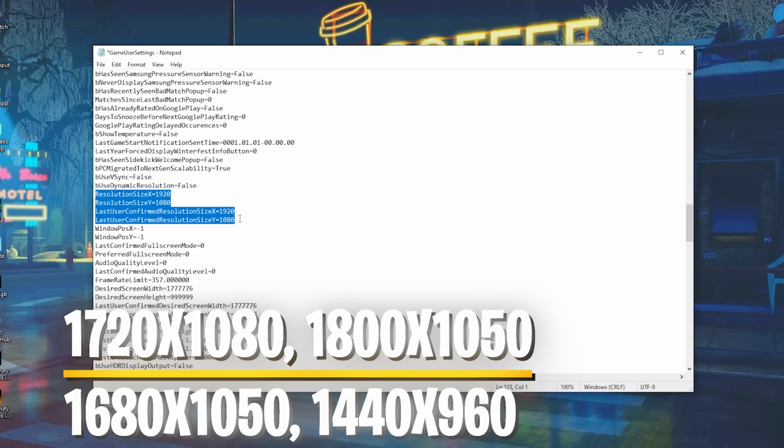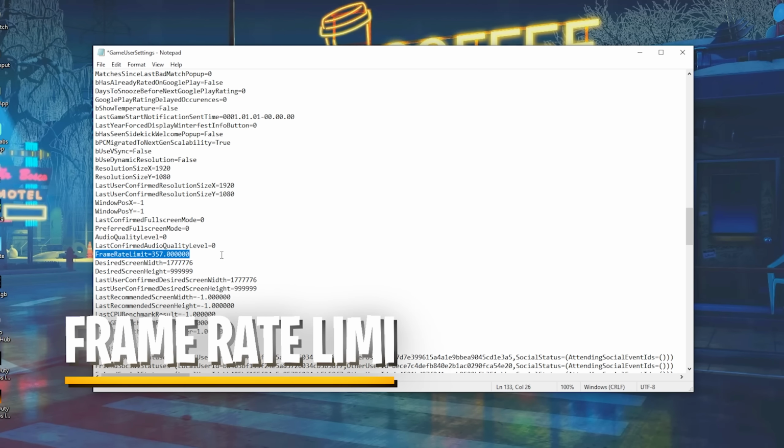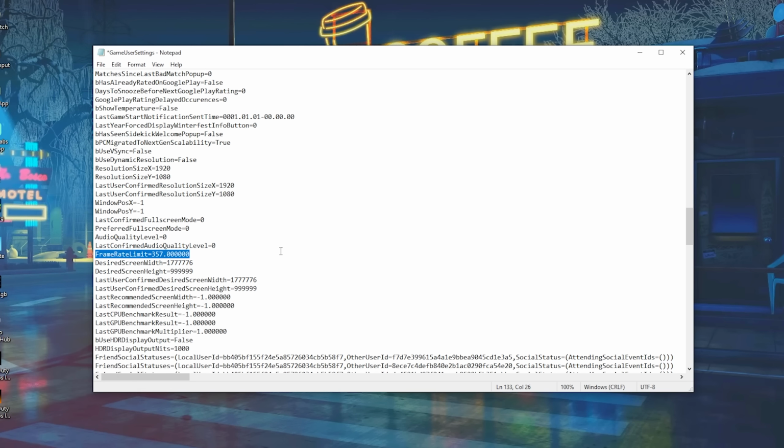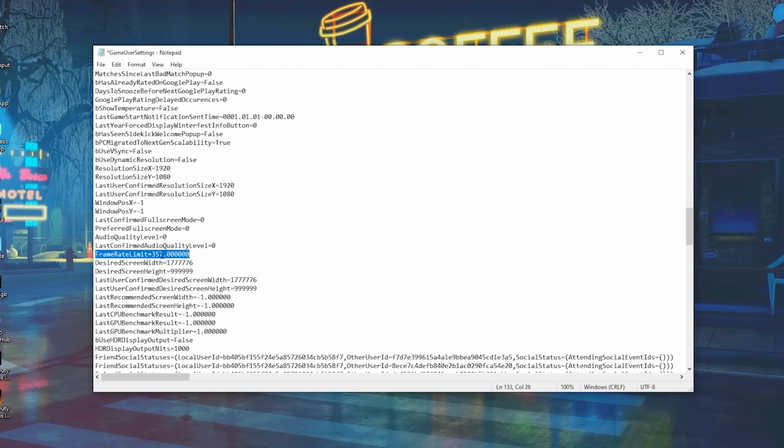As mentioned, I'm gonna put a few ones on screen which I find really good for gaming right now. Make sure to apply them if you want to try them out. And then straight up underneath it, guys, we have here frame rate limit, which is right now set to 357 FPS, guys. And this is exactly what I meant with Unreal Engine 5. Syncing just works a lot better if you put it exactly 3 FPS underneath your maximum refresh rate of your monitor. So for me, it's right now 360 Hz, so I put it to 357. If you're playing on 144, you gotta put it to 141.